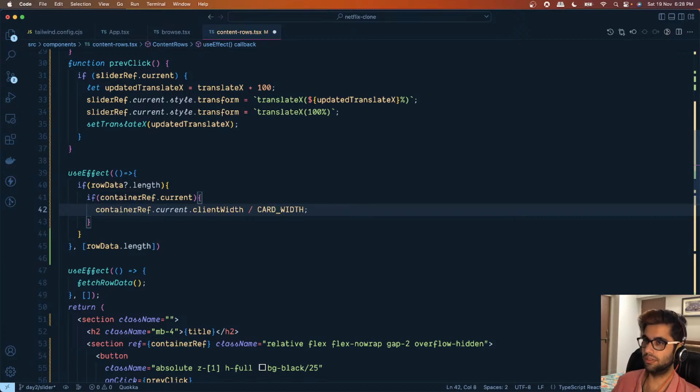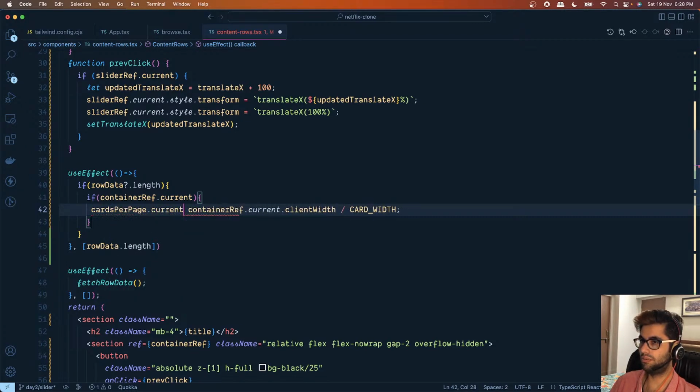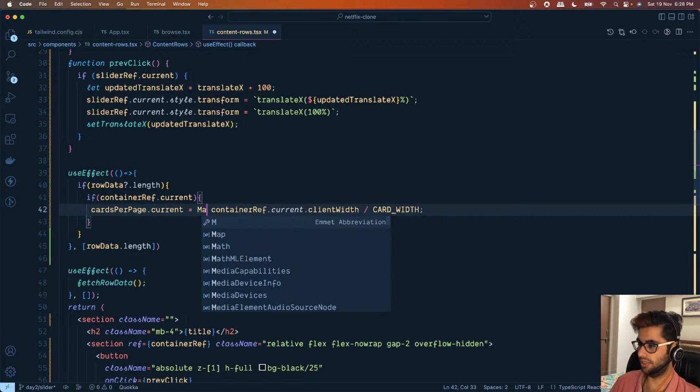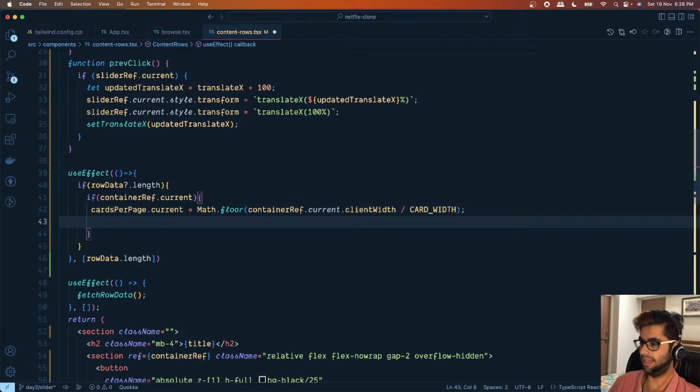So that should give us cards per page dot current. So this should give us the number of cards. Let's do one thing. Let's round this value, and then what we will do is